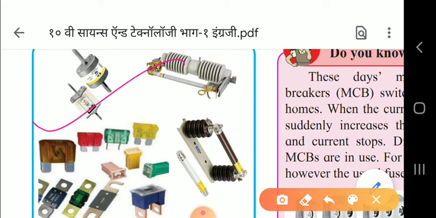Now we'll see that many times, particularly in the summer season, huge electrical power is used in the evening, because daytime anyway we can manage, but in the evening everybody wants light, everybody wants current. Homes have lighting, fans are on, air conditioning is on, and there is use of electricity in shops, etc. As a result, excessive current is drawn from this transformer.